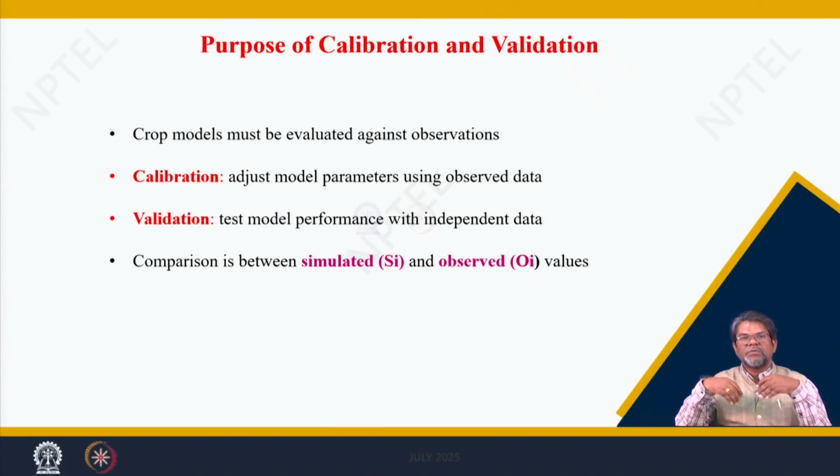That is validation. Initially we use some experimental data or crop performance data for calibrating the model parameters, to have the best match between the simulated and the observed values. Once you calibrate the model parameters, you use that model for another set of experiments. The data of that experiment must not be used for the calibration process. Whatever crop data is used for model validation, model evaluation, is testing the model performance on independent data sets. So this is the purpose of calibration, because once the model validation is good, you can apply the model for different scenarios.